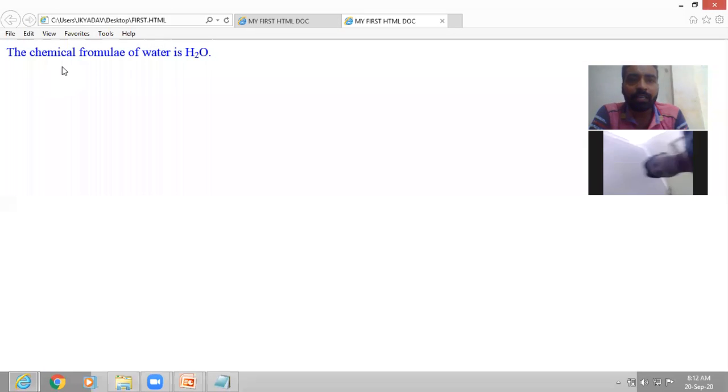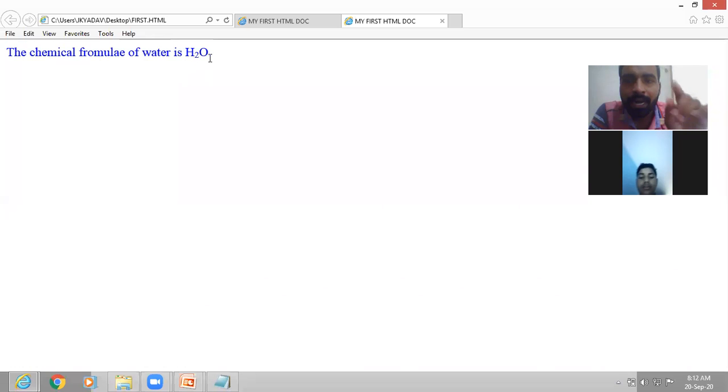Okay, here you can see the chemical formula of water is H2O. H2O is written, and in that you can see 2 is coming slightly below the line. So this is the use of subscript and superscript.